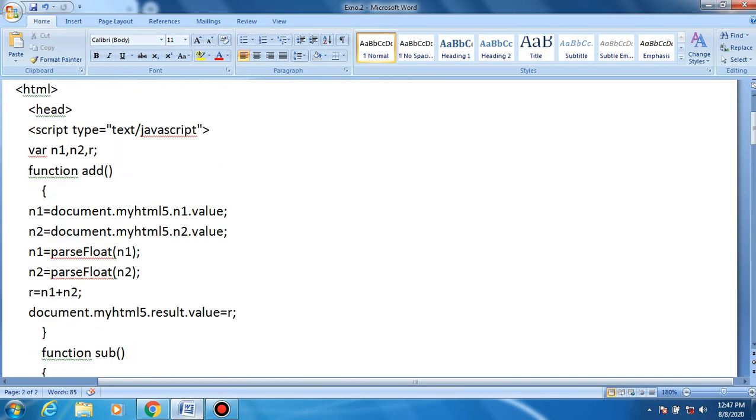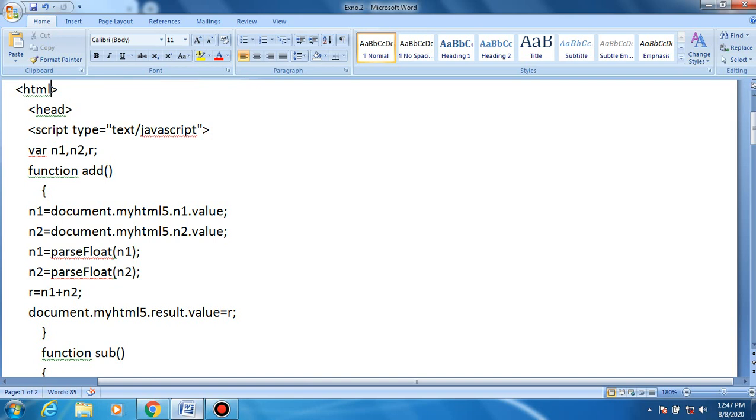Here the HTML program supports creating a web page. That web page has forms. We can create forms and tables, but we cannot perform any operations, for example any arithmetic operations or validation controls. It means it cannot get the input from the user, and it cannot perform the operations, right?